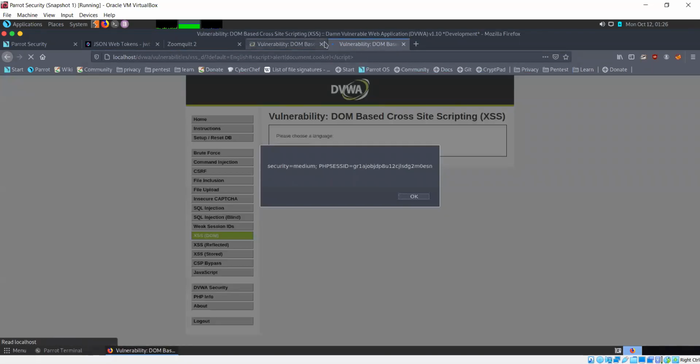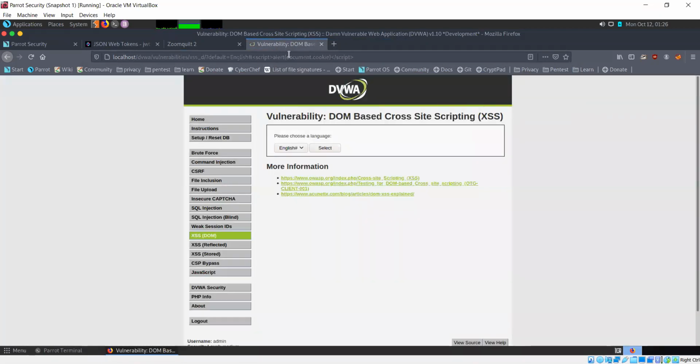Okay, so our payload is working, and we are getting the cookie, which is basically what we are telling our payload to do.